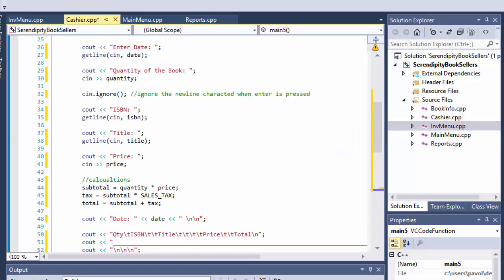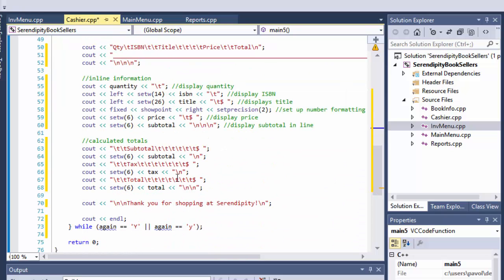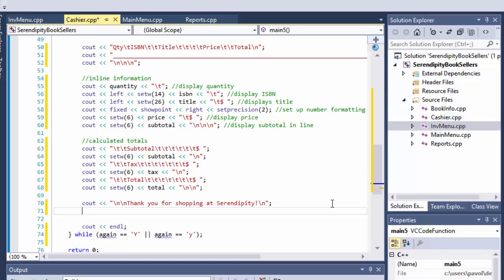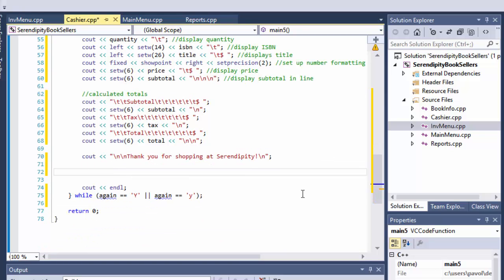Alright, so that's really all, except at the end, after we display the total and we thank the user for shopping, we need to collect the input again. We have to ask the user if he or she wants to perform another transaction. So we will do cout, process another transaction, and we will do y and n, and